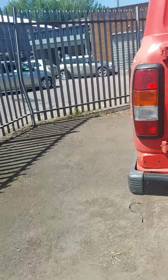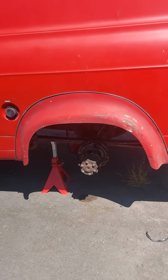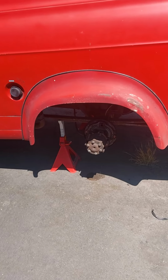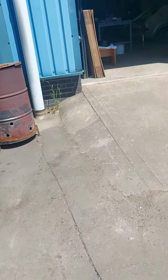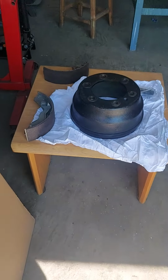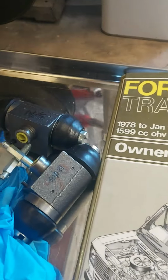Big Red is having his brakes overhauled. I was driving the other day and the pedal went down to the metal without any stop power. Thankfully I was alright, but that brake cylinder exploded. So I've got the brake shoes off, been cleaning the brake shoes, the drum and the bits there, and somewhere here I have the new brake cylinders,